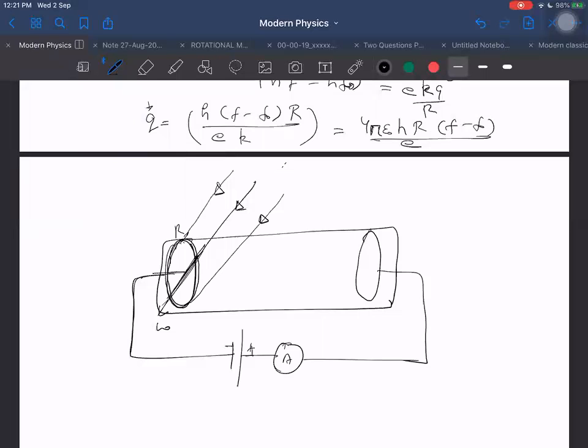Sorry, rays are not in one plane. Wait a second, not the right thing to say. What should I say? Rays are falling from this side. This is one direction. We can say like this: direction of rays. Let us say the XY plane. Rays are in which plane? Rays are in the XY plane, but the angular velocity is perpendicular to that plane.